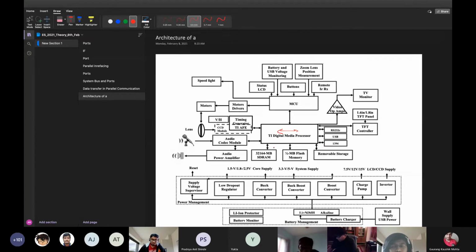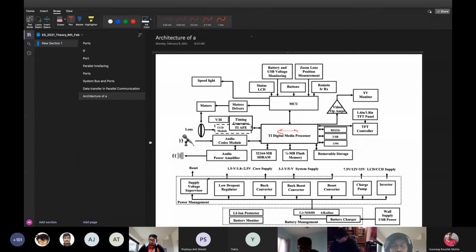There are several interfaces. As you can see here, there is a flash memory interface, a USB interface, audio. These are lots of interfaces, video amplifier, MCU. So it has different ways of data transfer to the memory and different ways for the serial ports. Memory is faster, so the interface with the media processor is through the system bus, where you just give the address, get the data, no waiting. But for other slower IO devices like removable storage, you give the address, wait for the readiness, then send the signal. So it is called handshaking.